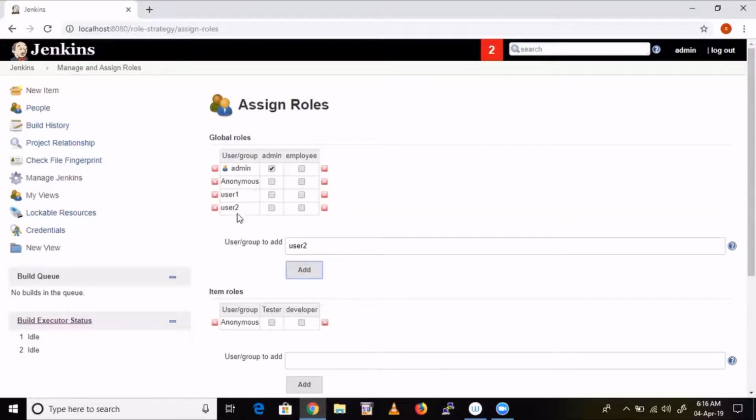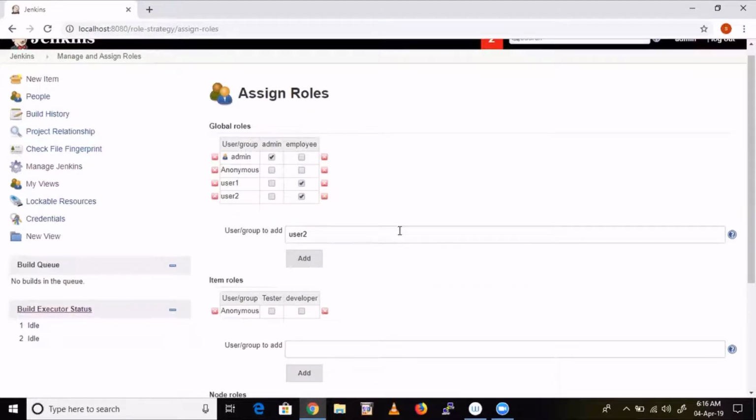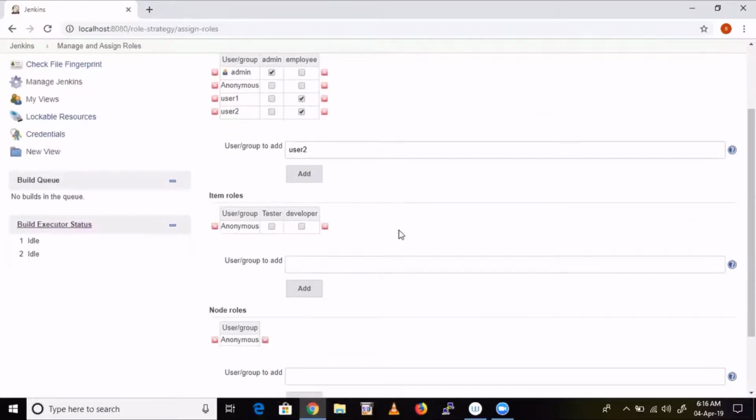Already these users are there in my machine, guys, we created them yesterday. For these two users, I'm going to attach the employee role, so that each and every person can see and view, with overall read and view permissions.